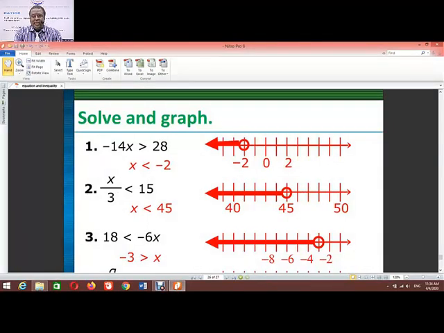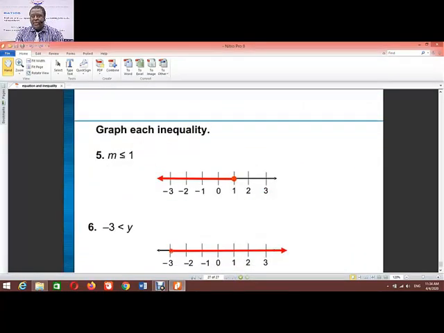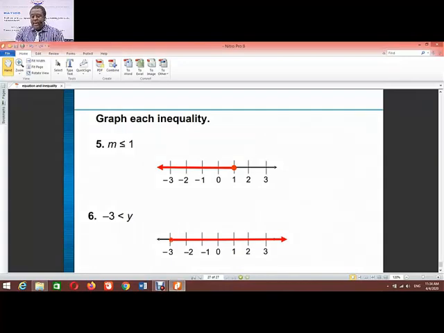Now we have this one again that we are going to practice ourselves, since we have the answers already. You can try to solve it by yourself and check the answer later. We have 3 examples here to try, and we can also add this one to it. Since we don't have the answers here, it is nice to check it over here. You try it. By the way, we have m is less or equal to 1. We have the answers, so let's try and check from the answers.